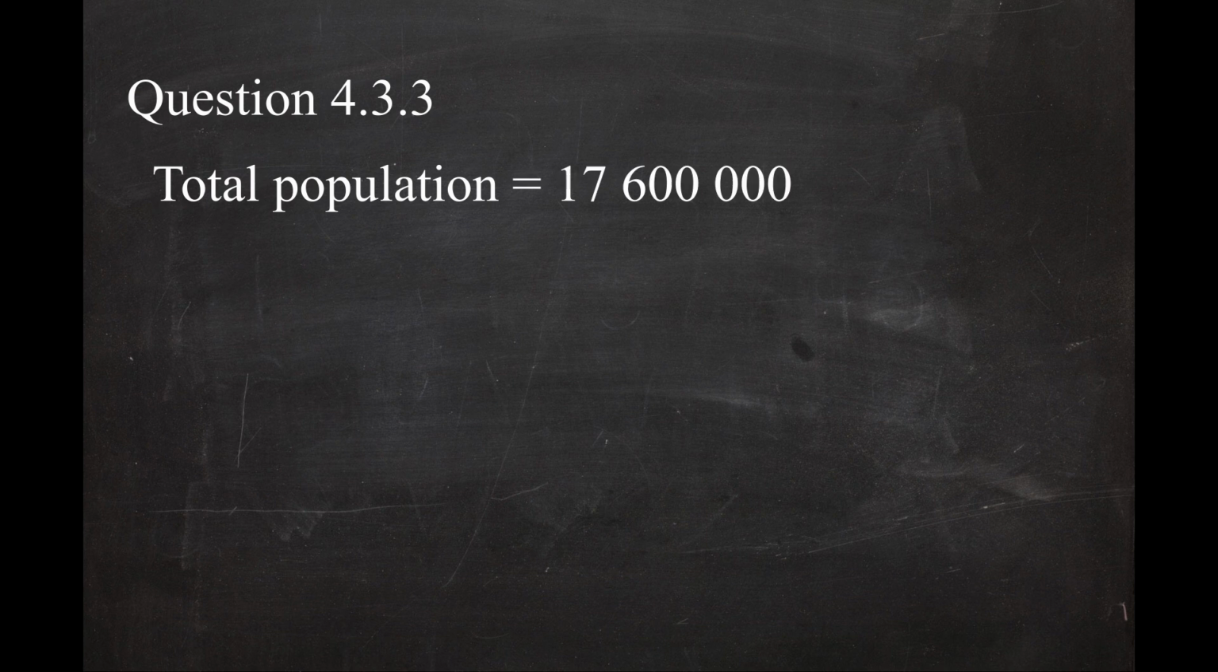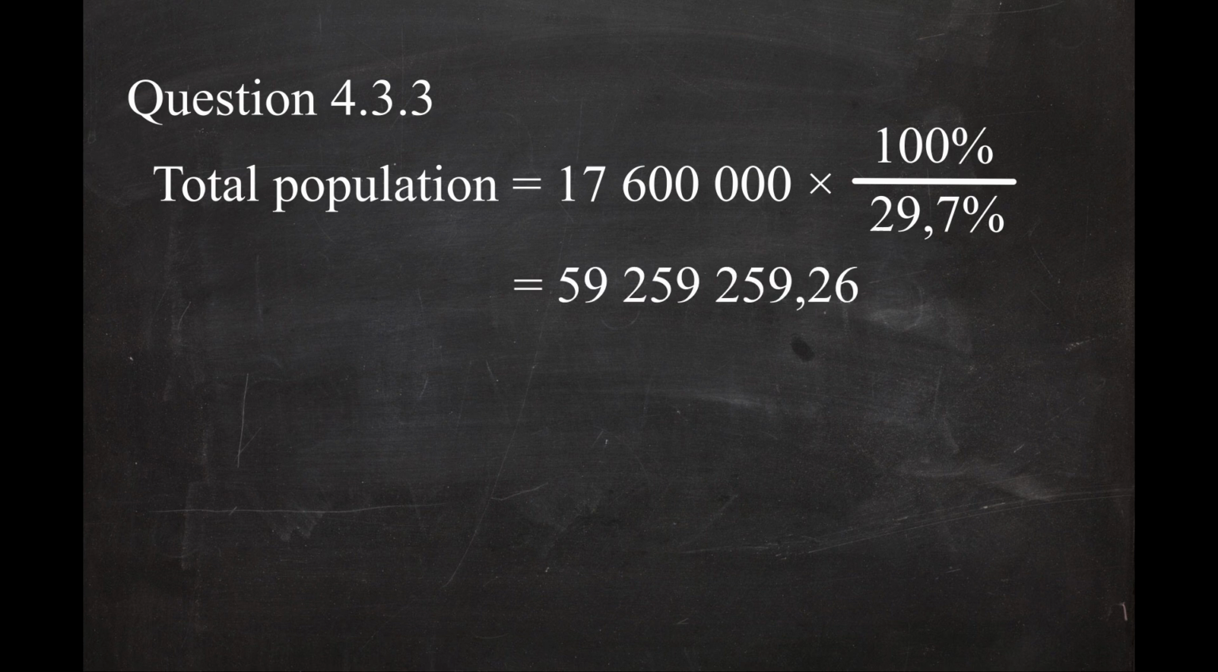The total population is 17.6 million multiplied by the ratio of 100% divided by 29.7%. This will give you a value of 59,259,259.26. But you can't have 0.26 of a person, so you have to round this number off to the nearest person, which will give you a total population of